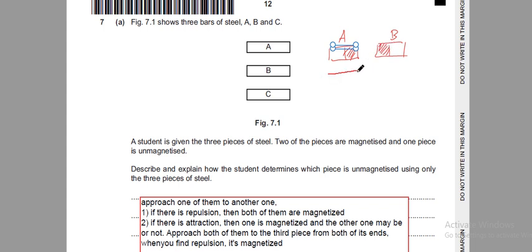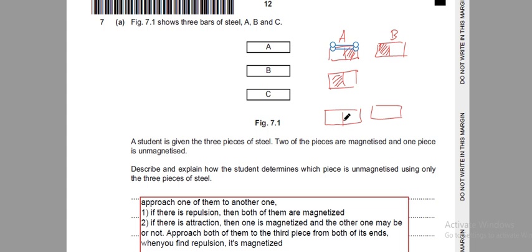and approaching A from the other end to B, and we found that in any of these two cases there is a repulsion with B, so it is certainly magnetized. Because a magnetized steel piece means that we have a north pole and a south pole. But unmagnetized means that we have induced magnetization when we approach